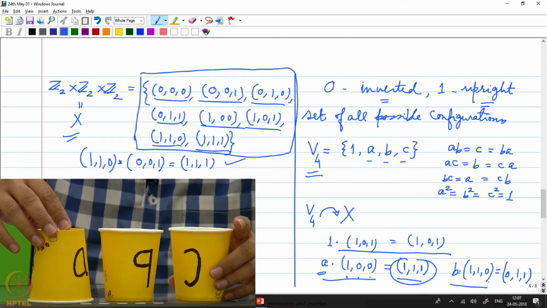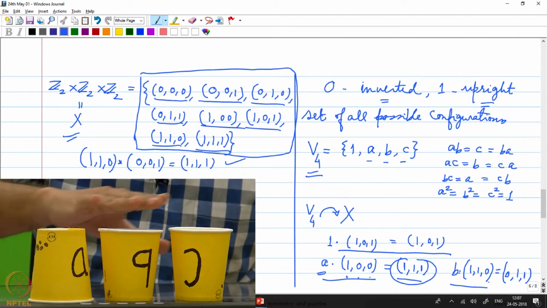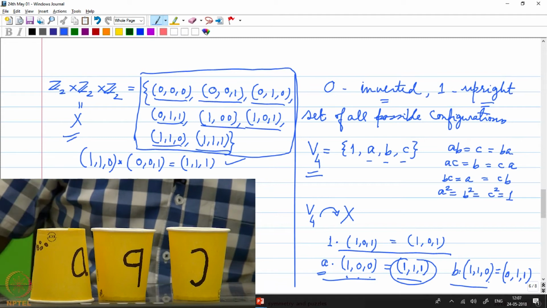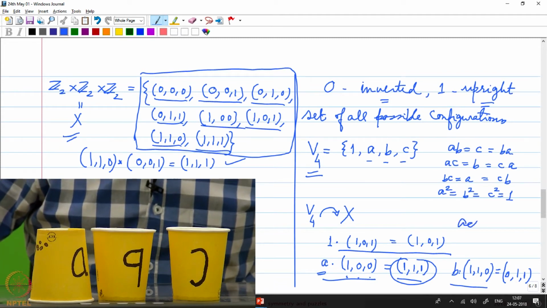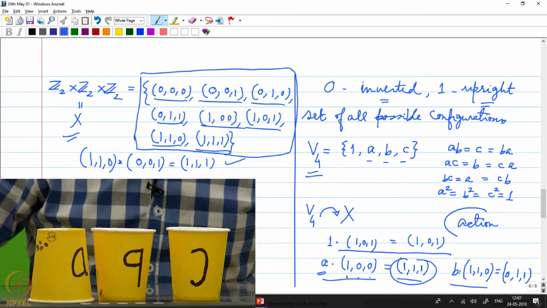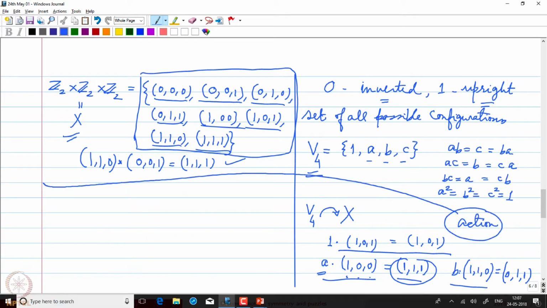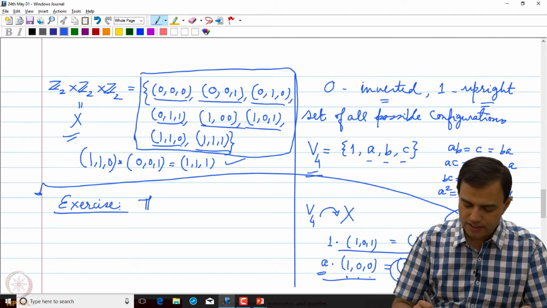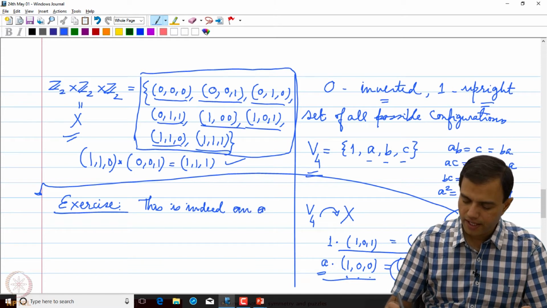So what I have is therefore 0 1 1. Yeah. So this is how we define the action, but be careful. So the exercise for you is that this is actually an action. And I guess you remember